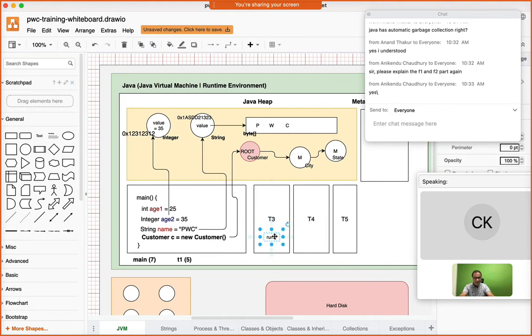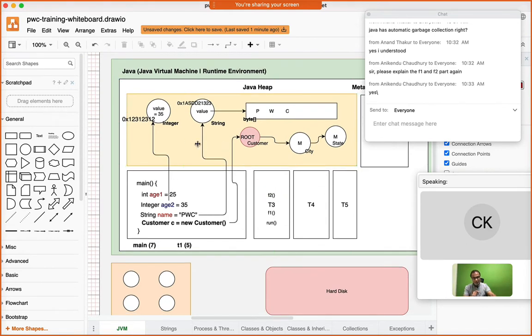What resumes is run. Run completes. It's popped out. Now this thread is terminated. So at any given point of time, suppose this is the state, F3 is executing, but F3 is completed, it is popped out. So all the references that were there in F3 that were pointing to the objects over here is lost. So those objects that were being pointed to by references in F3,